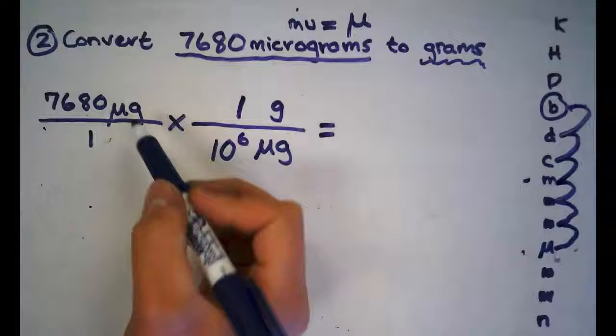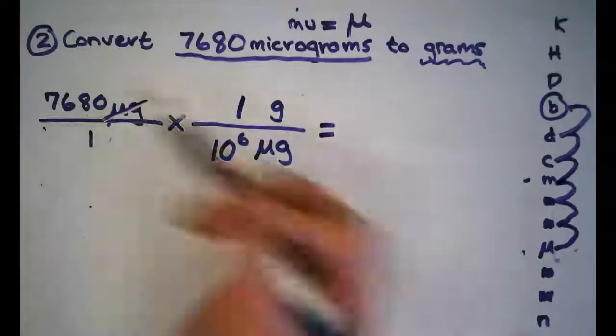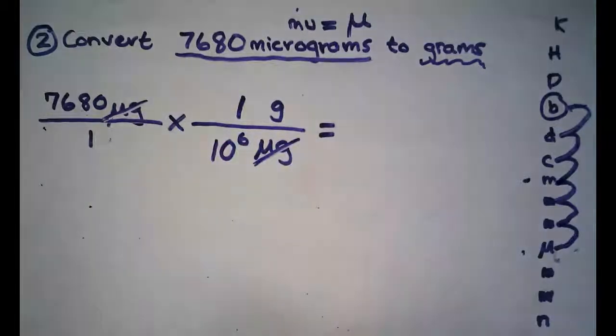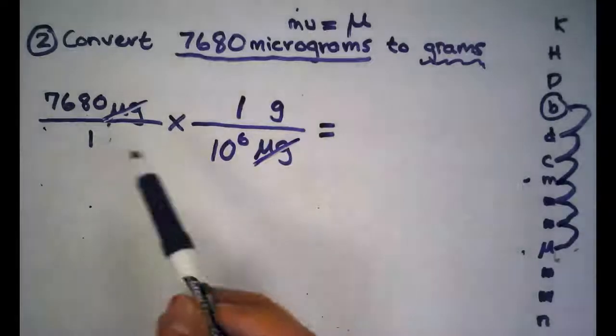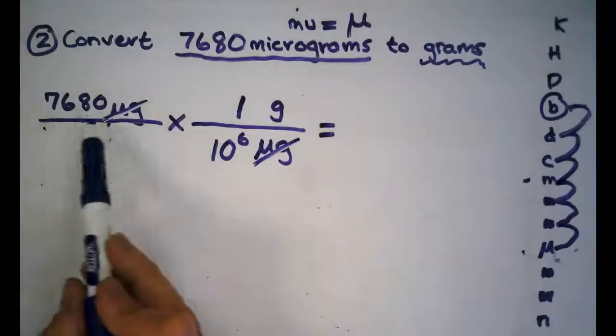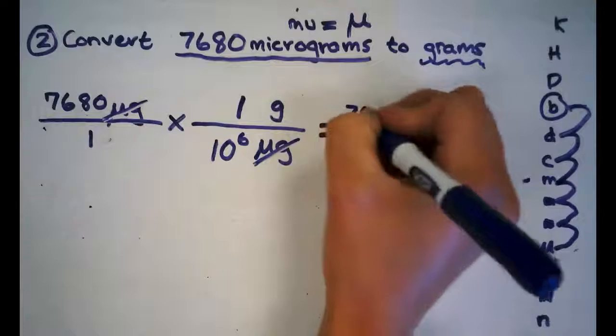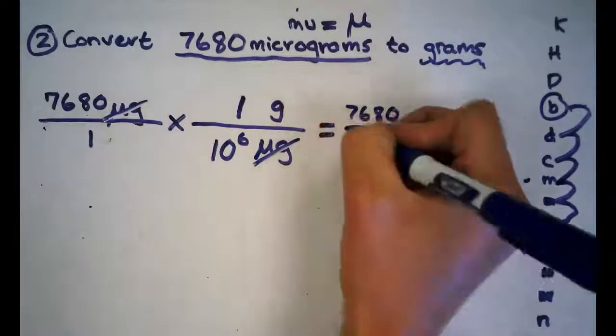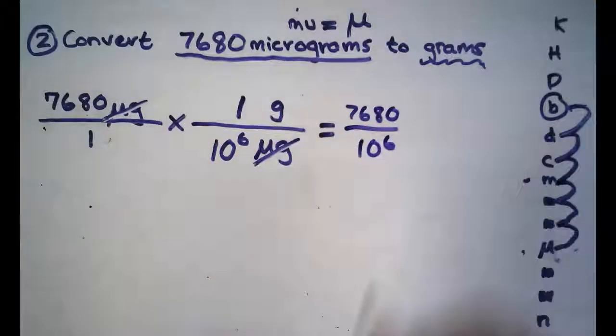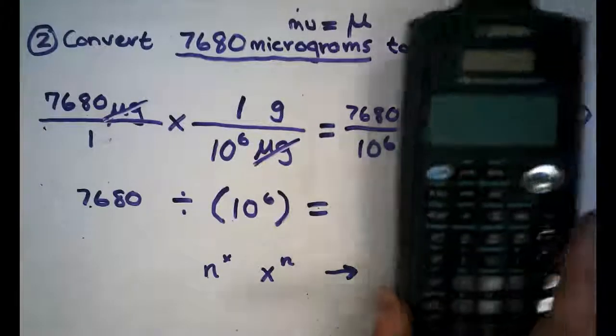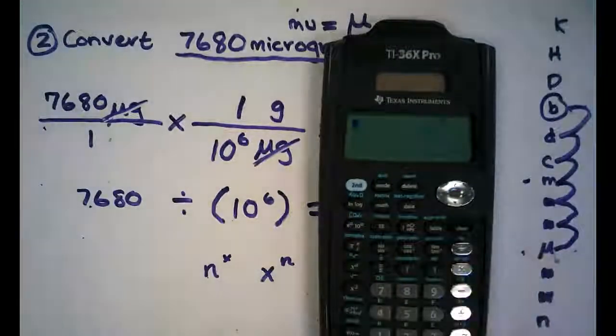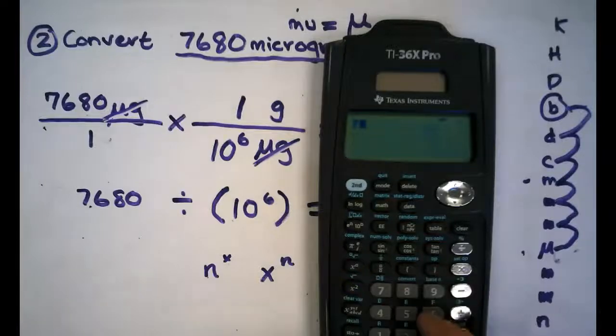Now I cancel my units out, so micrograms is on top and micrograms on bottom. Those cancel out. So I end up with 7680 divided by 10 to the 6th. So to type this into my calculator, I'm going to type 7680 divided by, I'm going to open up my parentheses, and I'm going to put 10, and I'm going to